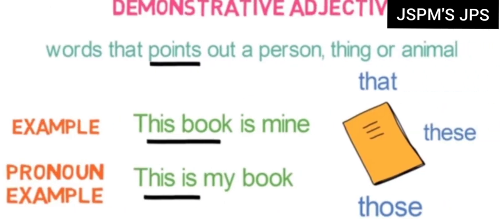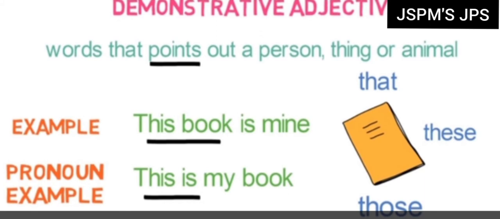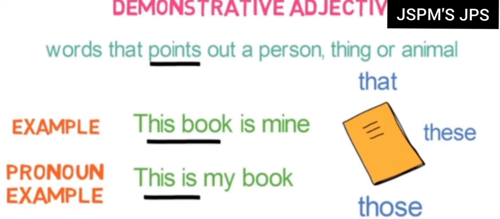Okay, now what is the difference between demonstrative adjective and demonstrative pronoun? First, we need to know the difference between adjective and pronoun. That time we were learning pronoun, now we are learning adjective. So the kinds are the same, but the main thing is what we are learning, what we are discussing. Pronouns are words which replace a noun, and adjectives are words which describe a noun or pronoun. This is the difference. It will show up when we learn the kinds of adjective or pronoun.